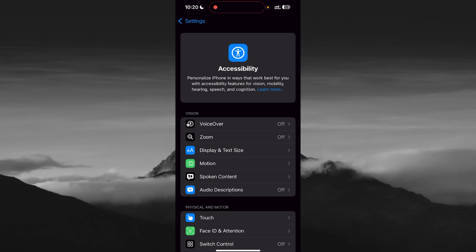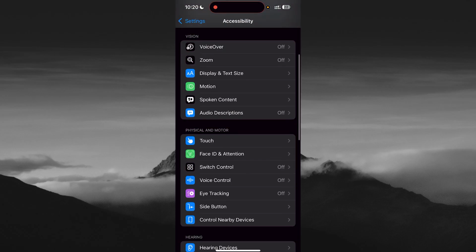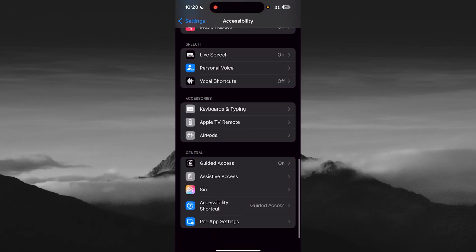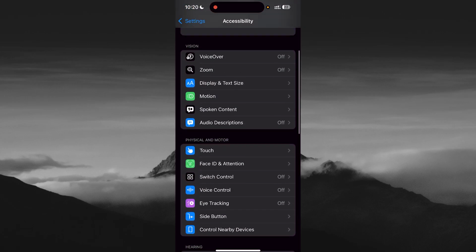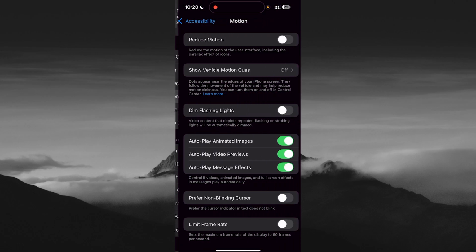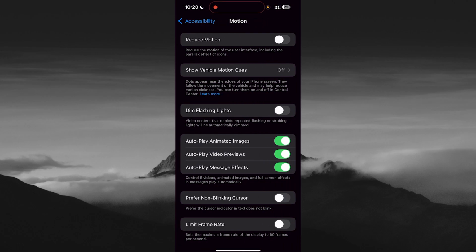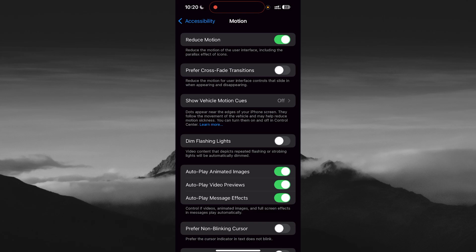Once you're in here, you can see the fourth option, which is motion. In your case, it might be somewhere over this page, so you can scroll and find the option motion. Once you have it, you just click on it, and now we can see the reduce motion option. You can just click on it, and now there is a